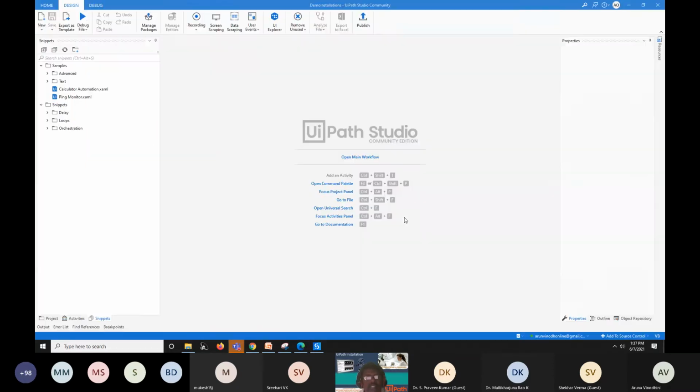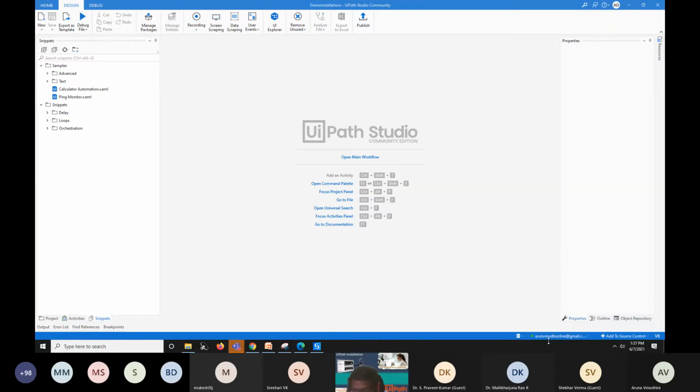Once that is clicked, you can see the environment. This is the UiPath environment. We will be discussing this environment shortly or maybe tomorrow. One major thing you have to check is this one. Here I can see the mail ID which I registered, at the bottom right side of the UiPath.